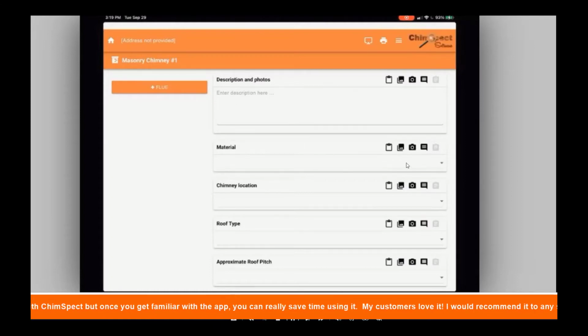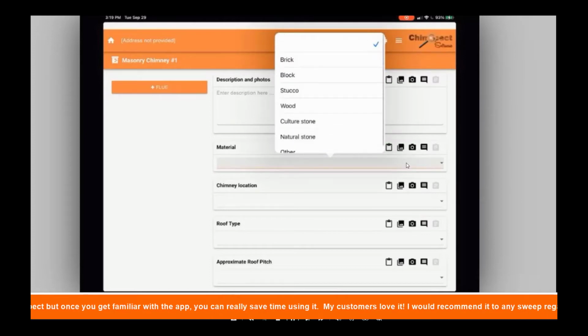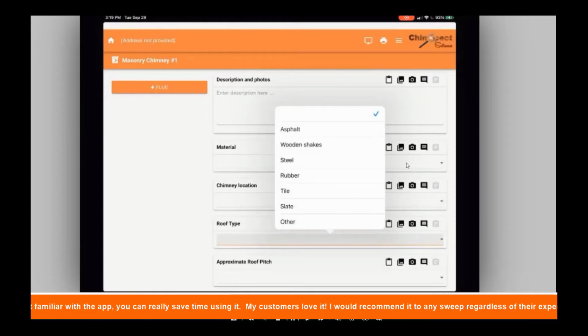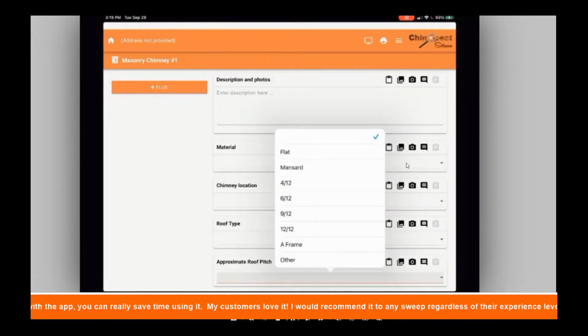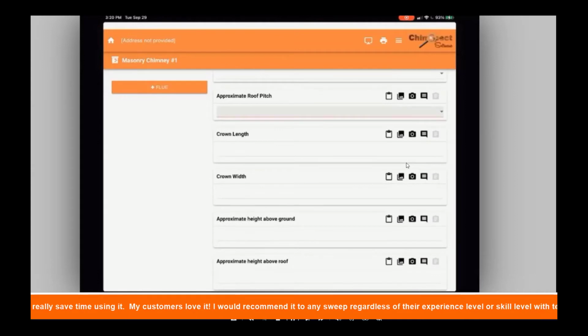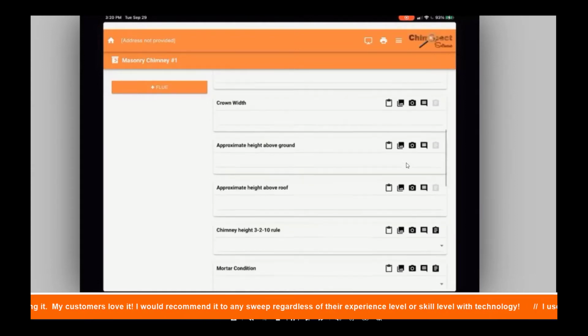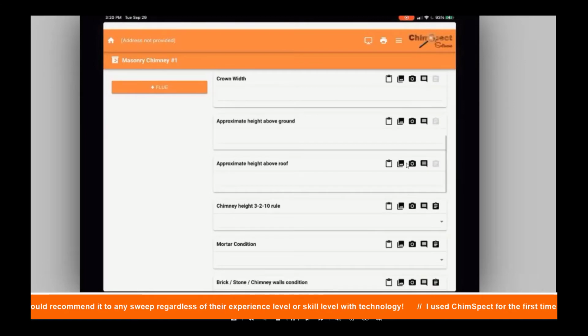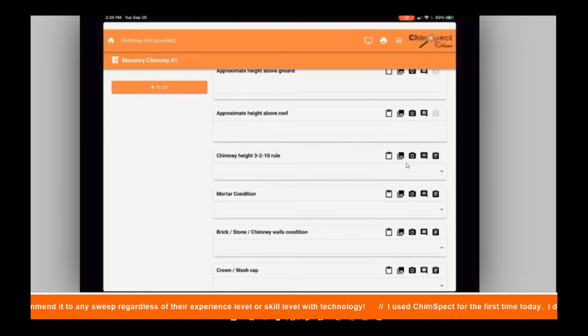There's a drop-down list for materials that the chimney would be made out of, chimney location, whether it's interior or exterior, your roof type, approximate pitch of the roof. You can enter in measurements if you choose to, the crown length and crown width, approximate heights from the ground, approximate heights from the roof. These are not required in your report. You can leave any field that you want blank, but you may want to include all this information, especially if